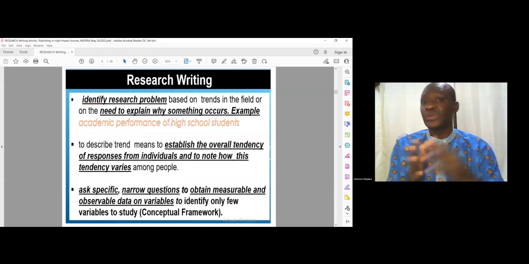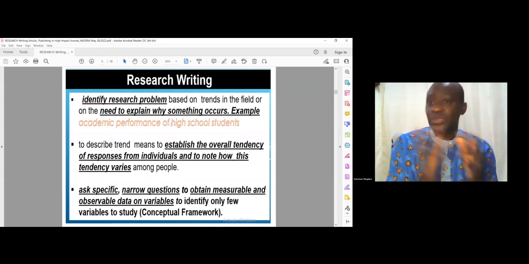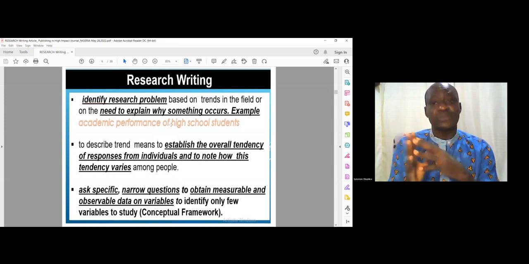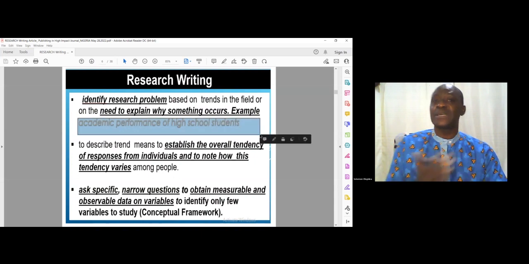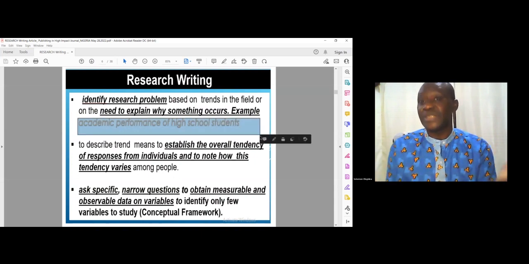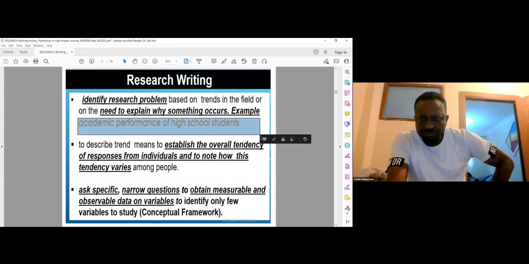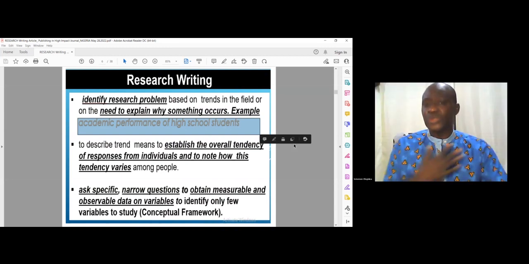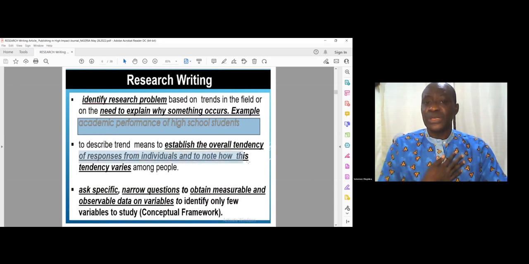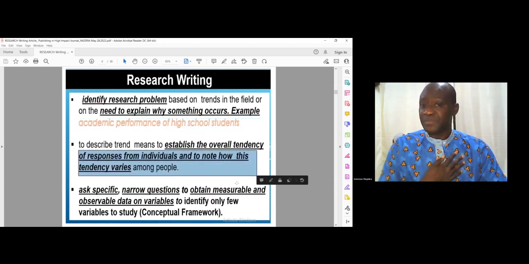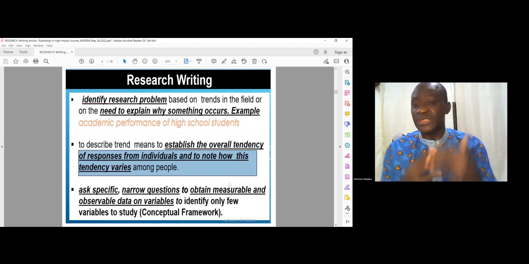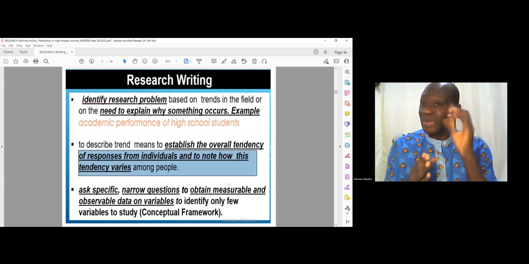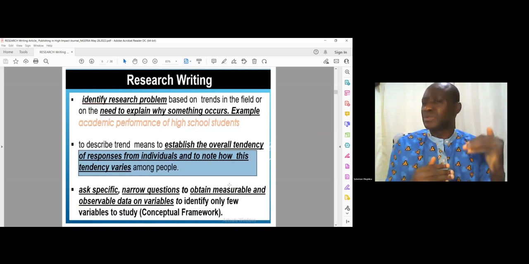We already have a title, because your title is part of the research problem, where we will have an example of academic performance in a higher school. In the definition of the title, you need to consider the individual people that you want to do your research work with. Who are going to be my respondents? This is what we should be considering when we are starting to write the report. Even if it's at the middle, you can still change your target audience.